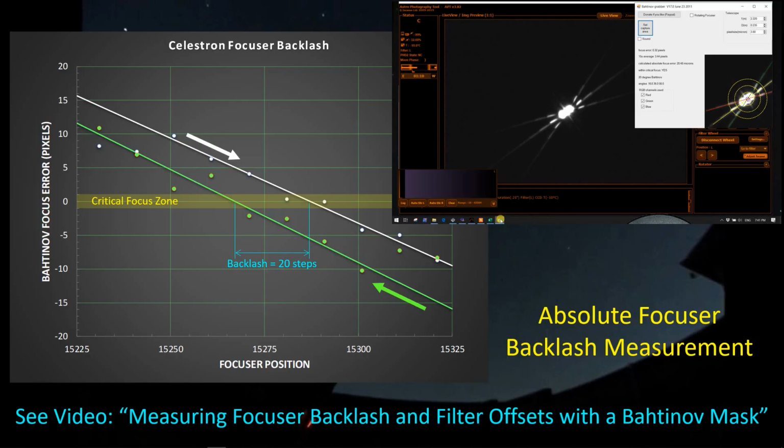I put out a video sometime back. In fact, I've had a couple of videos on this. One associated with my Celestron focuser and another one associated with the Pegasus Astro Focus Cube 2. The one with the Focus Cube 2 is documented in the video titled Measuring Focuser Backlash and Filter Offsets with a Bahtinov Mask. Now the reason I did that is many of these manufacturers will say to measure backlash,